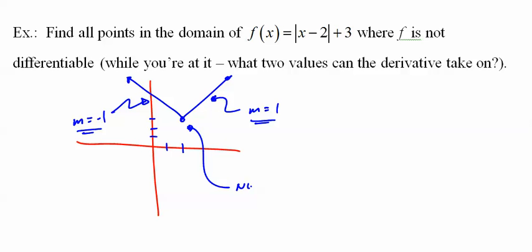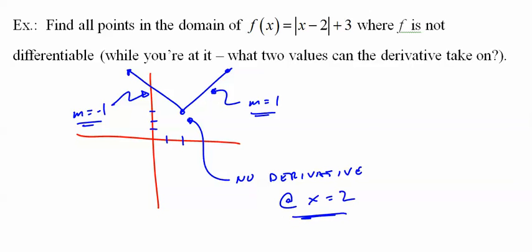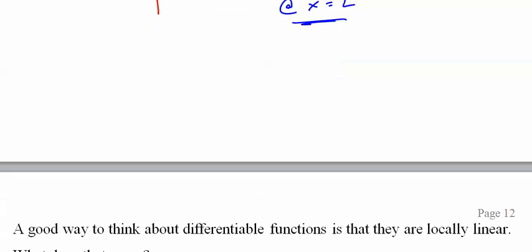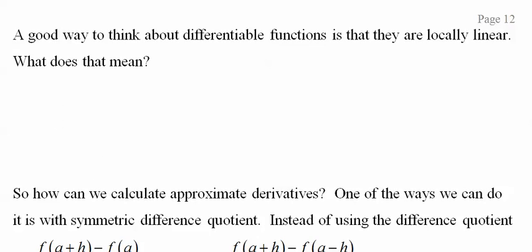No derivative at x equals 2. Because the two derivatives are coming together, and you don't know which one it is, 1 or negative 1. Can't draw a tangent at a point. So,